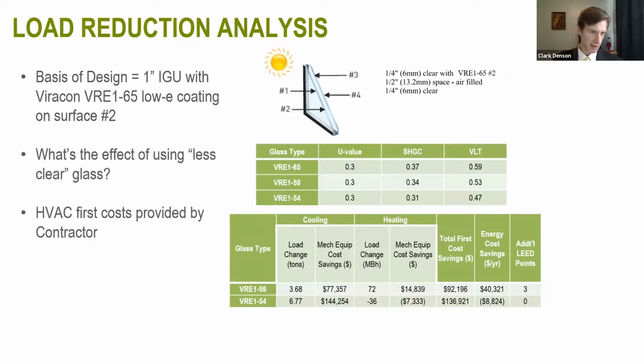even though all three coatings had the same U value, they had different effects on solar heat gain and visible light. So with the VRE 59, we saw not only was there a decrease in energy costs, but also there was a reduction in the HVAC costs. And so this would have garnered us 3 additional LEED points from what we were originally projecting. Looking at the VRE 54 coating, we saw that